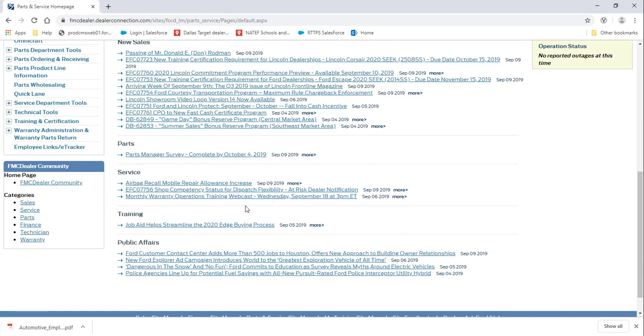Some of the most pertinent information that we will receive and that we need to be aware of is going to come through in the form of an EFC. An EFC stands for Electronic Field Communication. All EFCs are published on the FMC Dealer site under the Service tab here towards the bottom middle half of the page. In this case, something that is very relevant to our business, EFC